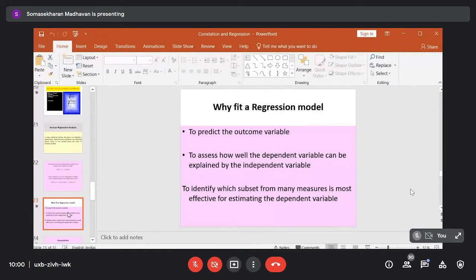Suppose you have a set of variables in a system. You don't know which variables influence another variable significantly. So the question is, how do we find out the variables which are significantly related to the dependent variable? That is called selection of variables. Selection of independent variables is an important area in the construction of a model.